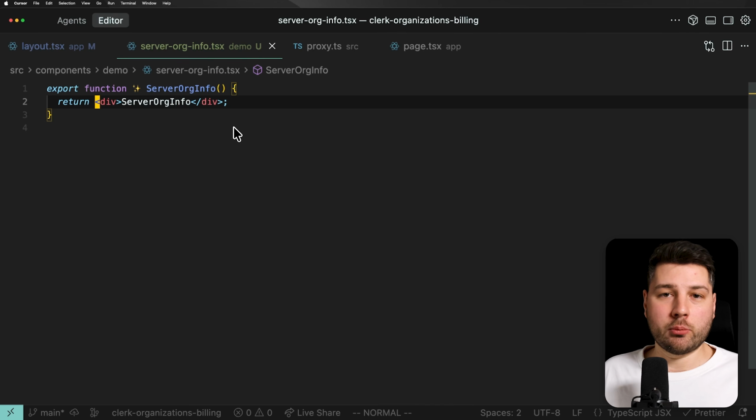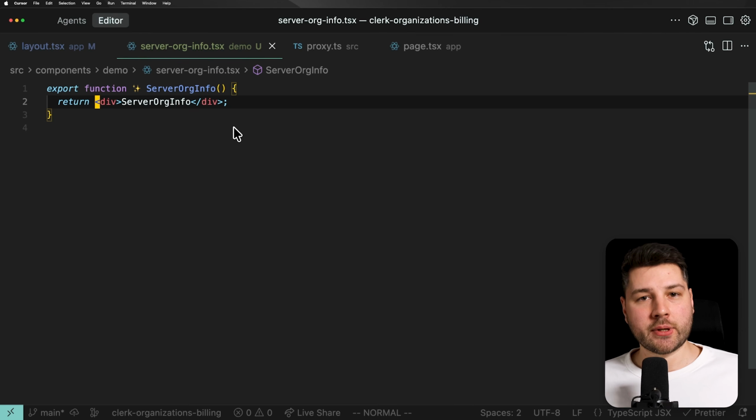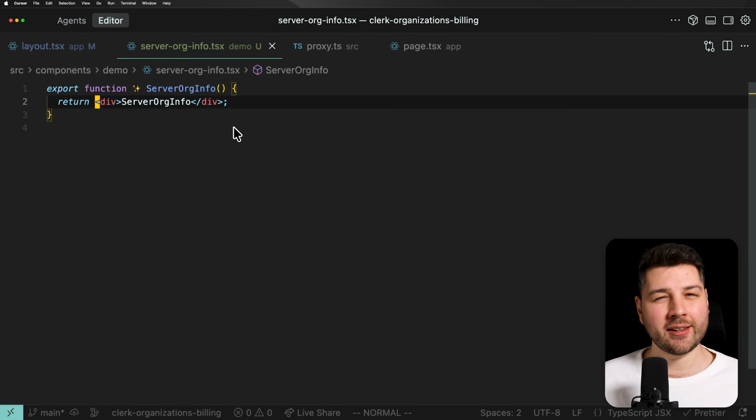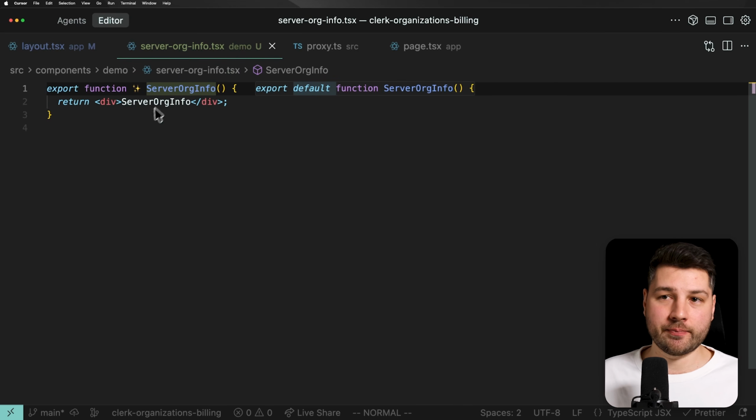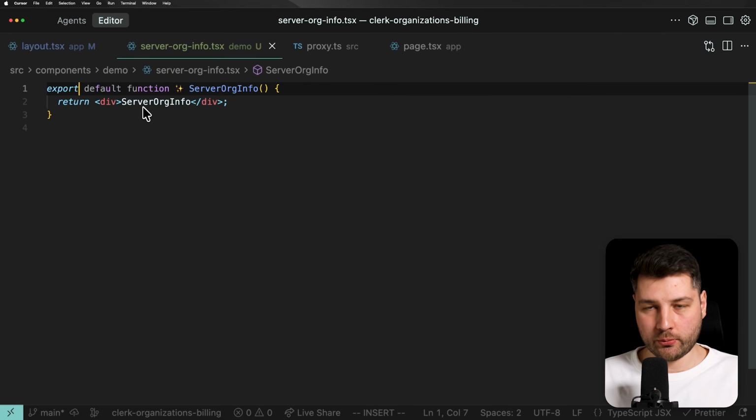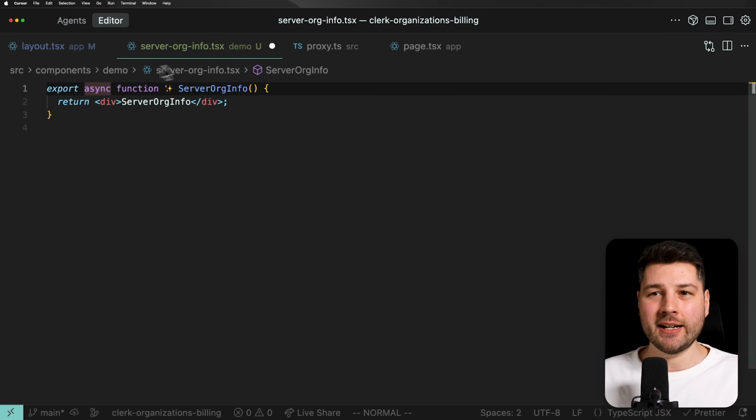Now, here's the really cool part once again. Inside of our application, we're already signed in and we're already part of an organization. So the only thing we have to do is just get that data directly. The cool thing about Clerk is it actually has that functionality built in by just using a simple function. Since we're inside of a server component here, we should make this async. Since we're inside of a server component, we can just use functions directly and call things to get